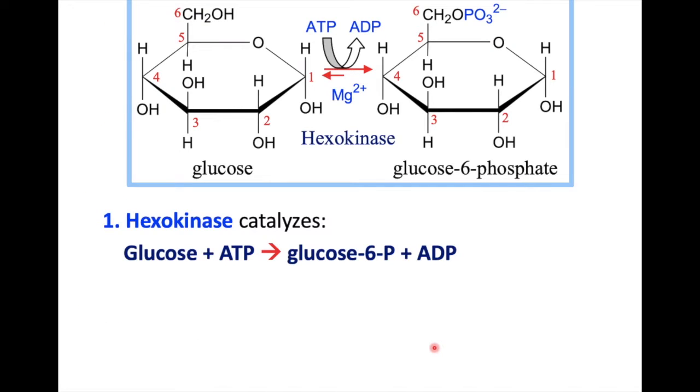This is the reaction of that example. Hexokinase catalyzes a reaction of glycolysis, in which glucose plus ATP is converted into glucose 6-phosphate in the presence of the enzyme. That enzyme is known as the hexokinase enzyme. Now let's discuss the 6 major classes of enzymes one by one.